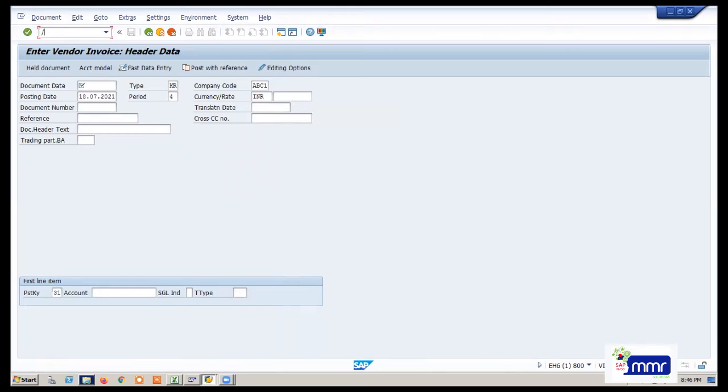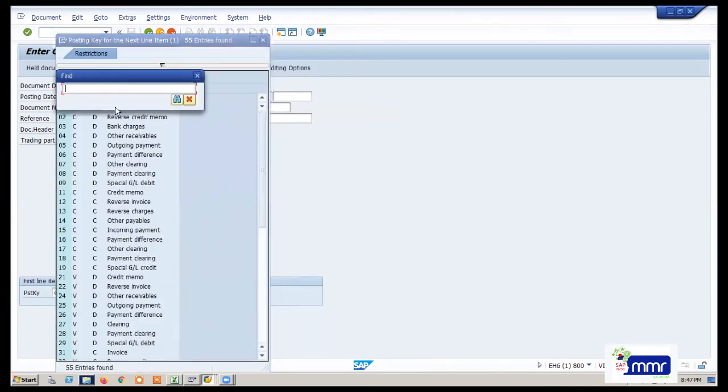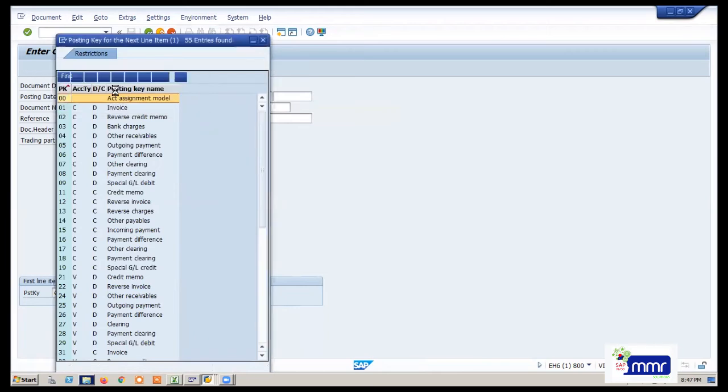If you go in the GL F-02, GL will start with it. You go and find the reference type G or something. No, it is not taking.